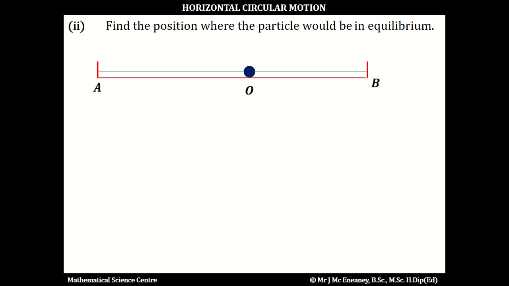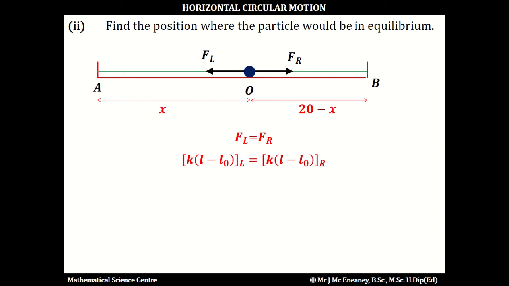In part 2 then, we want to find the position where the particle will be in equilibrium. Now, if it's in equilibrium, the force to the left equals the force to the right. We don't know exactly where this particle is going to be placed relative to the wall A, so we're going to let that distance be x. This means the remaining distance would be 20 minus x. So the force to the left is going to equal the force to the right. So k on l minus l0 to the left is going to equal k on l minus l0